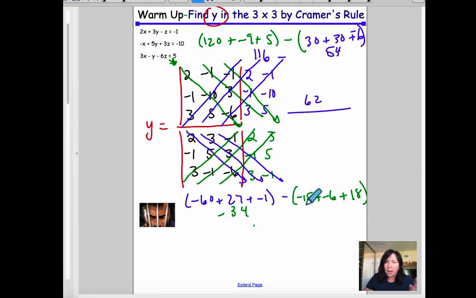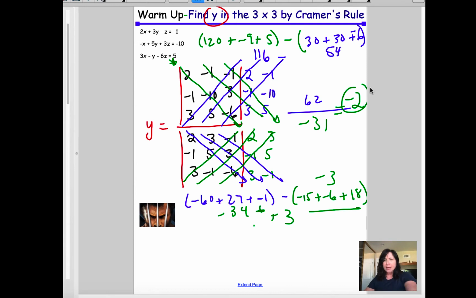Over here, I'm going to get minus, and then this stuff in here is negative 15 minus 6 plus 18, and I get negative 3. So negative 34 minus negative 3 makes plus 3, right? So negative 34 add 3, that's just going to be negative 31, which means that y is equal to negative